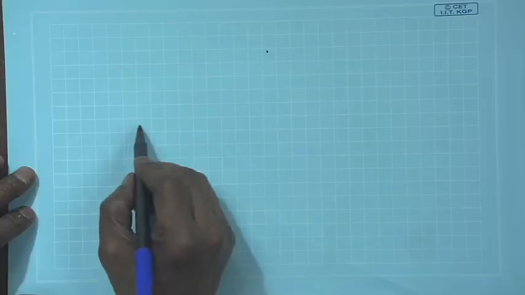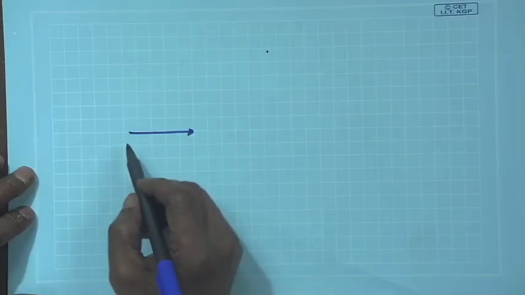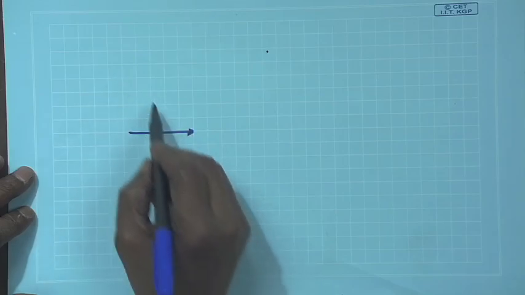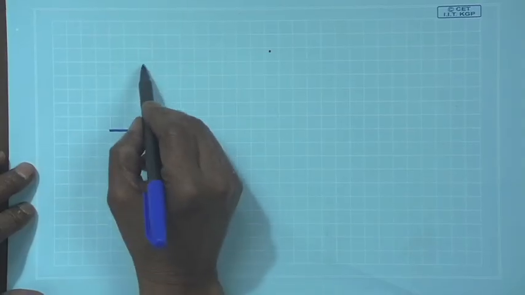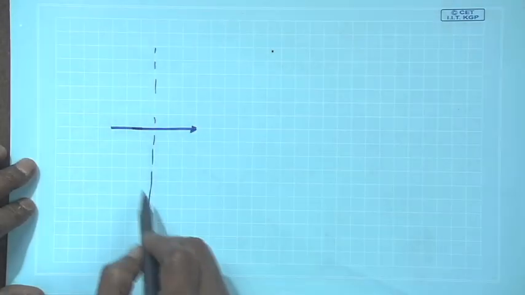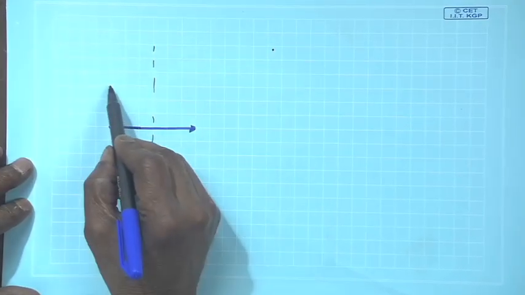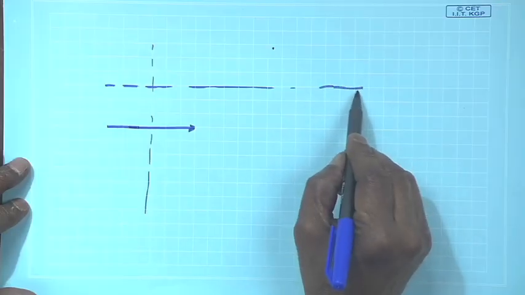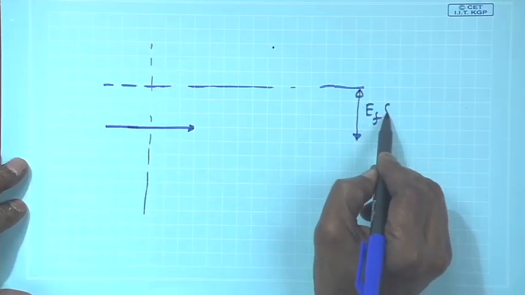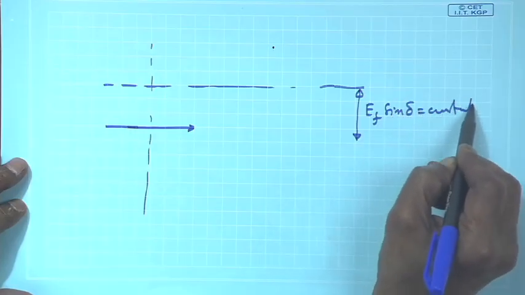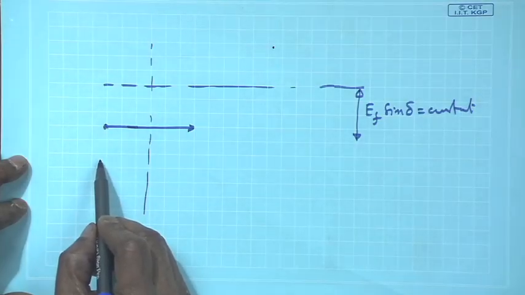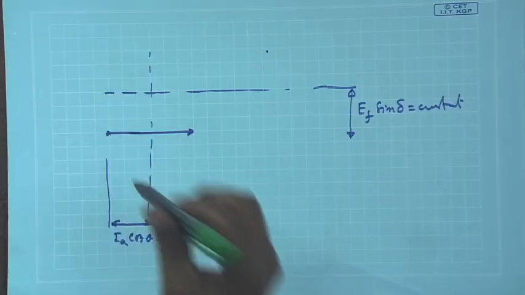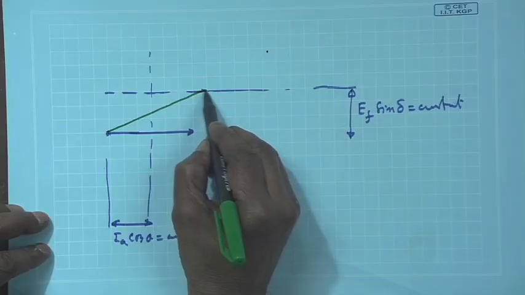And we have seen that in case of generator, if this is your V, and you draw a vertical line I a cos theta, and you draw a horizontal line here such that this length is E f sin delta, constant, and this length is I a cos theta, constant. Then at any excitation, this is I f 1,